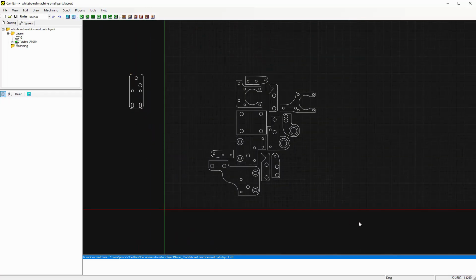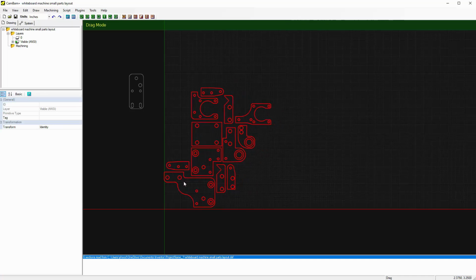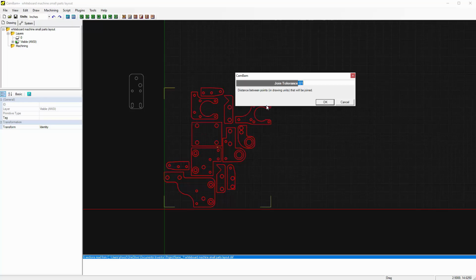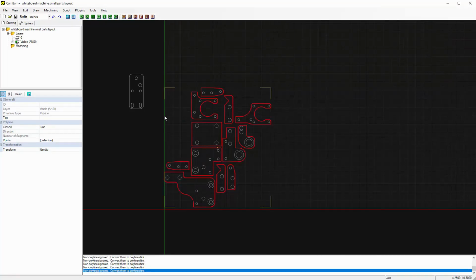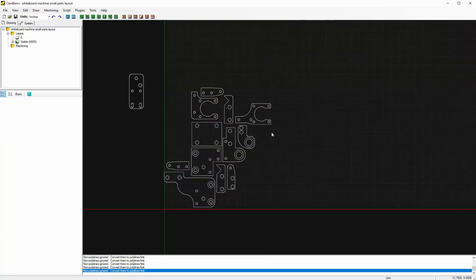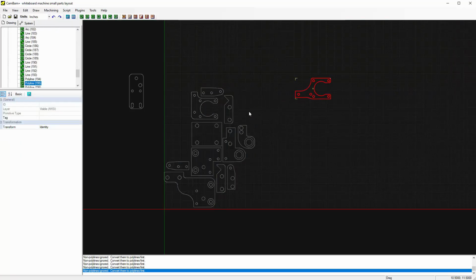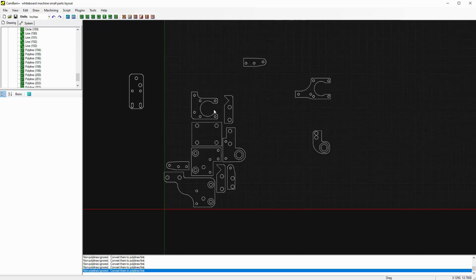None of the lines and arcs that form the outlines of the parts are joined, so joining them is the first thing I do, which is simple. Select all of the parts and use the join feature. I am separating the parts so they can be individually moved and rotated. This could have been done in Autodesk Inventor more easily, but it's still pretty easy to do